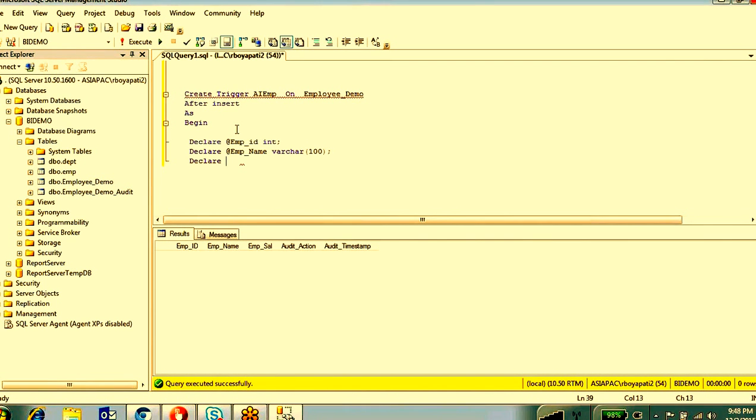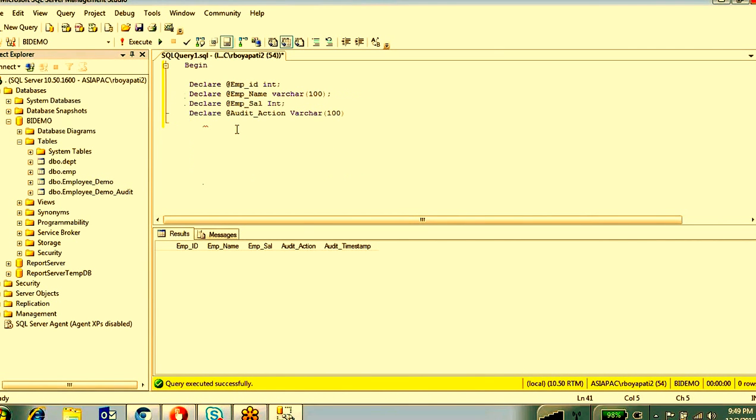Declare @emp_salary integer. Declare @audit_action, this is also varchar 100. Okay, right. So these are enough. These are the four variables I have declared.